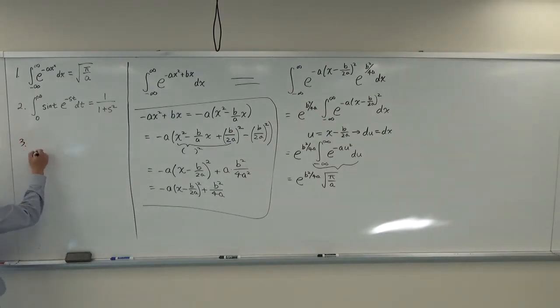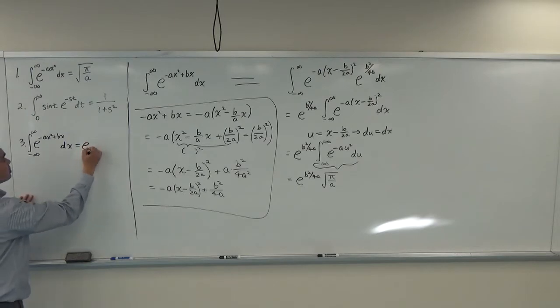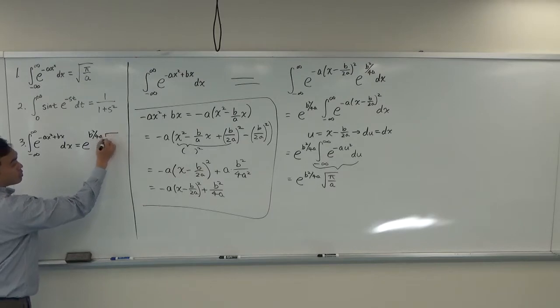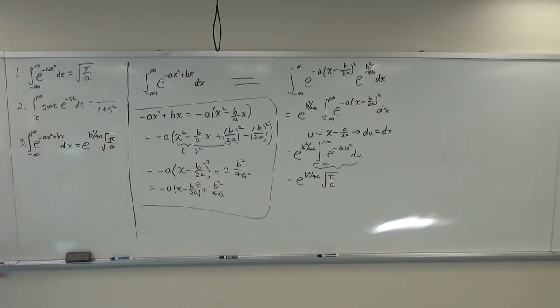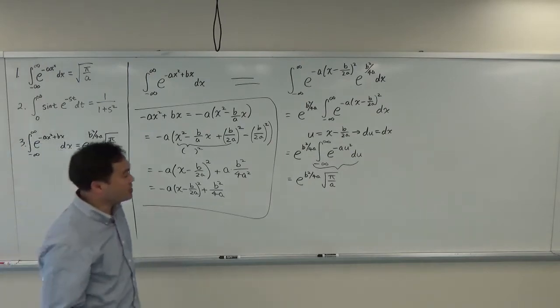Number 3, the integral from negative infinity to infinity of e to the negative ax squared plus bx dx would equal e to the b squared over 4a times square root of pi over a. Now, I'm going to be actually sneaking in some